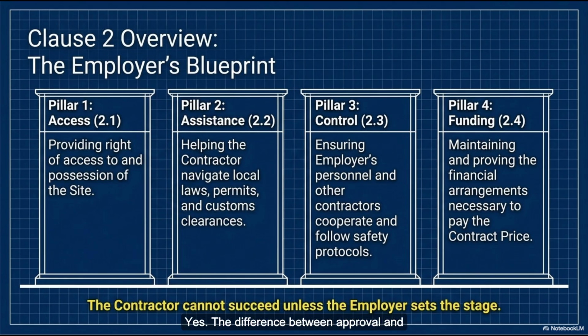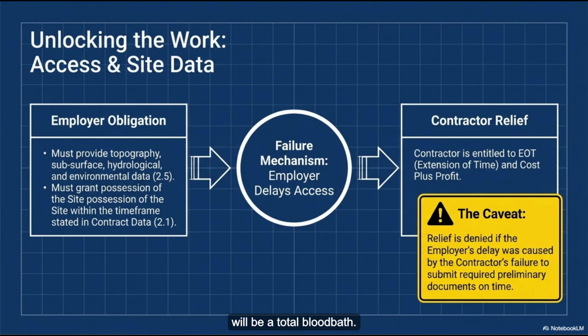Yes. The difference between approval and no objection is entirely about the ownership of risk. So if the engineer writes, I approve this design, they are legally validating it. Let's say the contractor submits a design for a massive temporary scaffolding system to hold up a bridge deck. If the engineer explicitly approves the design and the scaffolding collapses a week later, the resulting lawsuit will be a total bloodbath. Because the employer is on the hook now, too. Exactly. The contractor will stand up in court and say, hey, we submitted the design and the employer's highly paid expert formally approved it. They share the blame. The engineer accidentally adopted the liability.